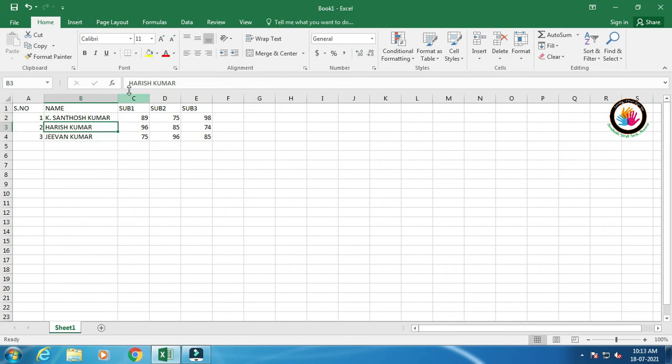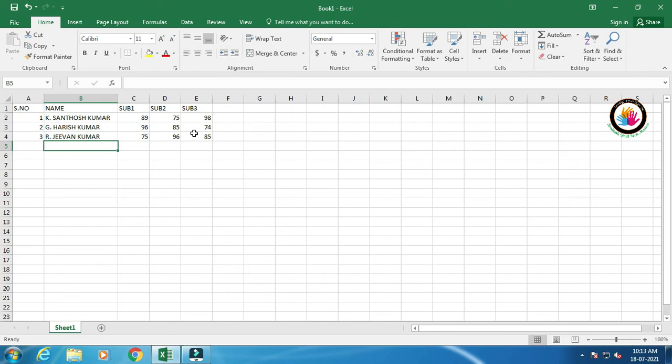Or else the second method is directly here in the formula bar, you can add it. Just place the cursor there and give that. The third one is to select the cell and press the function key F2 so that you can edit. In these 3 methods you can use any of them. Whichever method is comfortable to you, practice more in that. Then just press enter or press tab after editing.